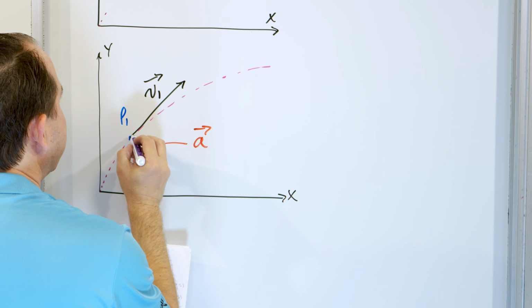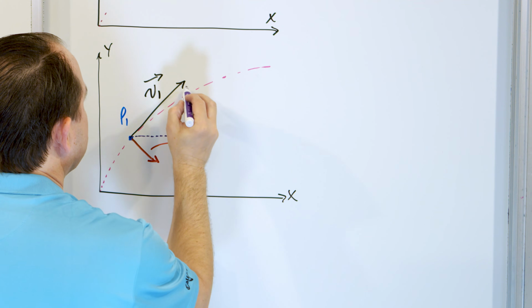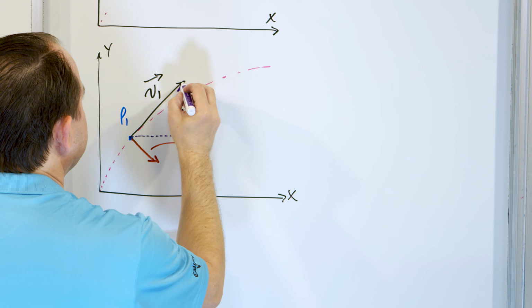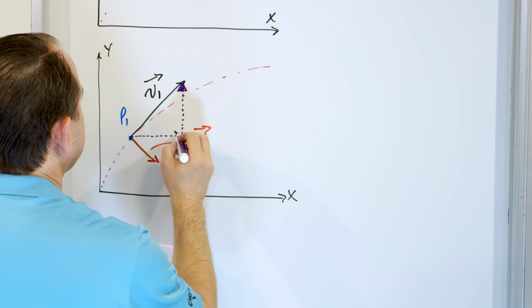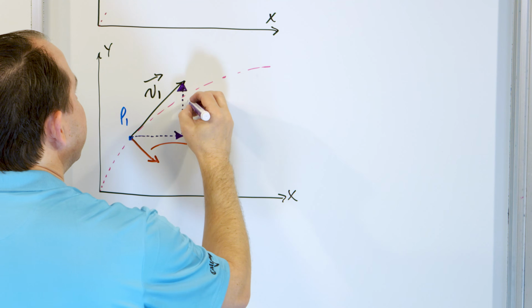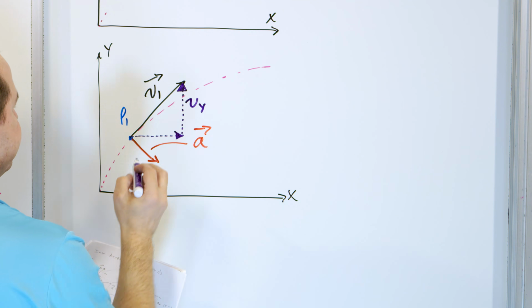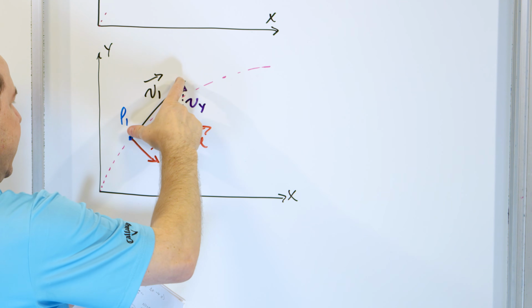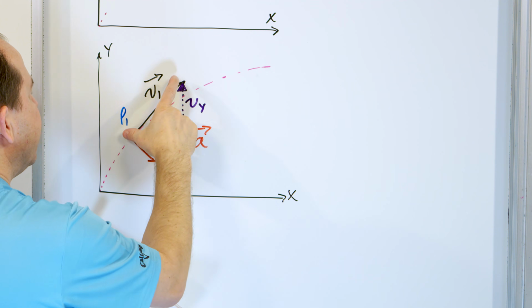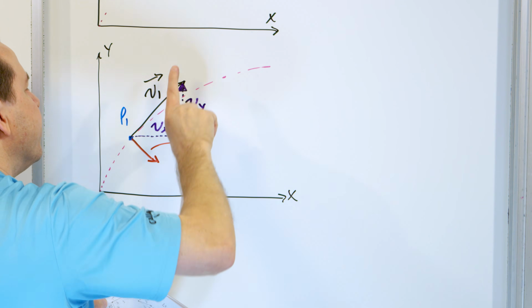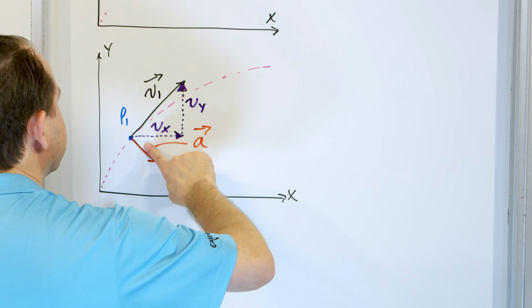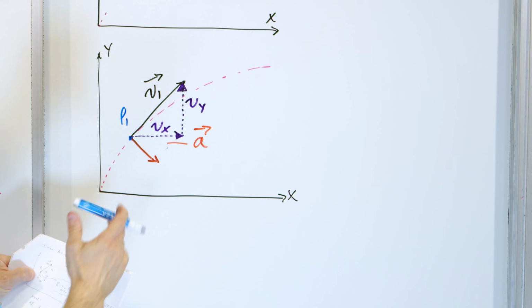But what I wanted to point your attention to is that this velocity is pointing in this direction, but we can think of components of velocity. What you do is you draw a little right triangle here on top of this, and you have something like this. And you can say that this is v in the y direction, and this is v in the x direction. So you can think of any velocity as being an x component of this velocity going horizontal and a y component which is only going vertical. And you can do the exact same thing with